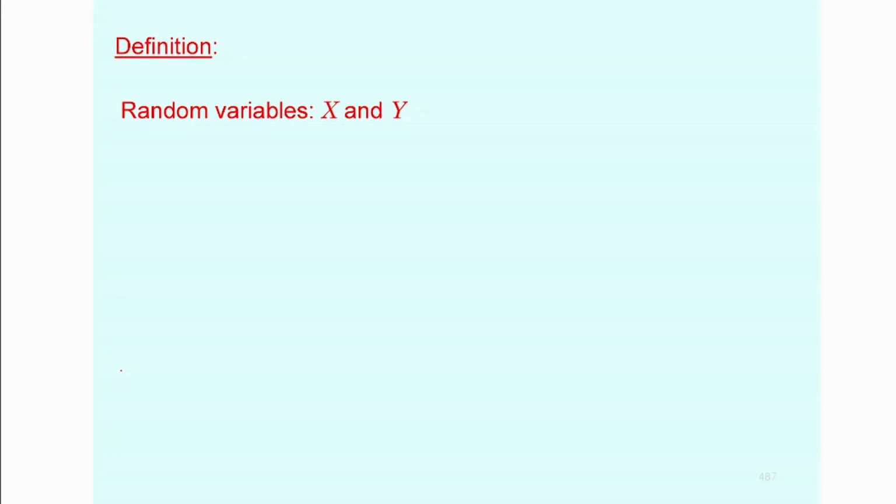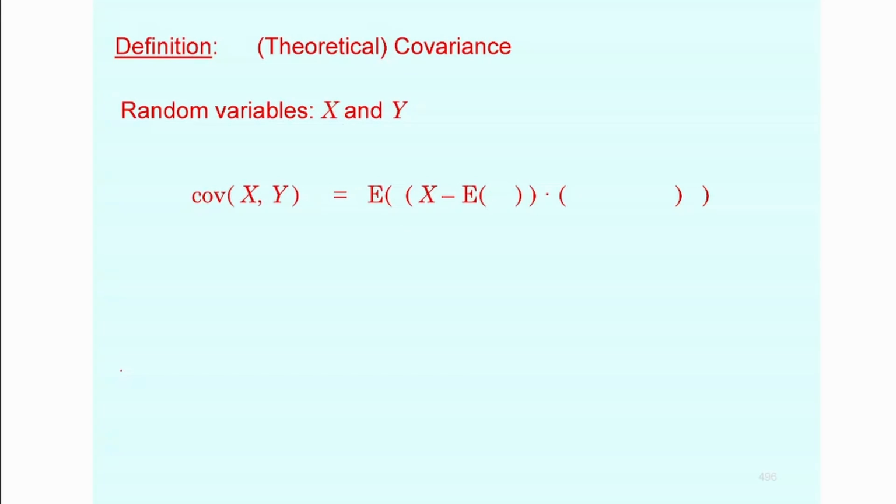So based on that, you could calculate the covariance. The covariance is the mean of the product of the deviations of the random variables from their respective means. So this is the deviation of x to its mean, and the other factor is the deviation of y to its mean. If you take the product of the two and calculate the mean of the product of the deviations, you'll find that this is the covariance.